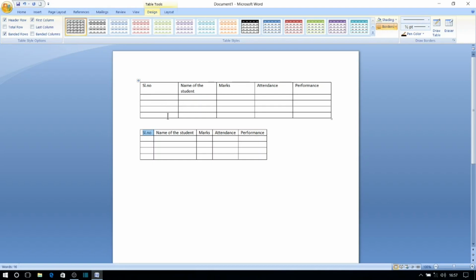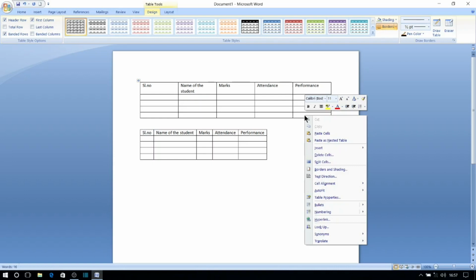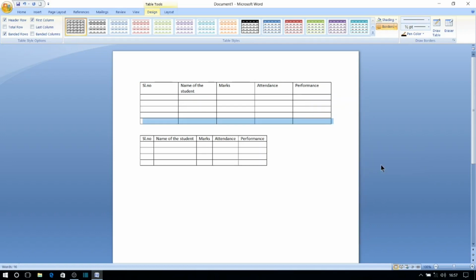Suppose we want to increase the number of rows to 6, you just click on the last row and right click it. You will have a drop down dialog box where you can find insert option and just click on rows below. Now you can see a row inserted below the last row of the previous table.